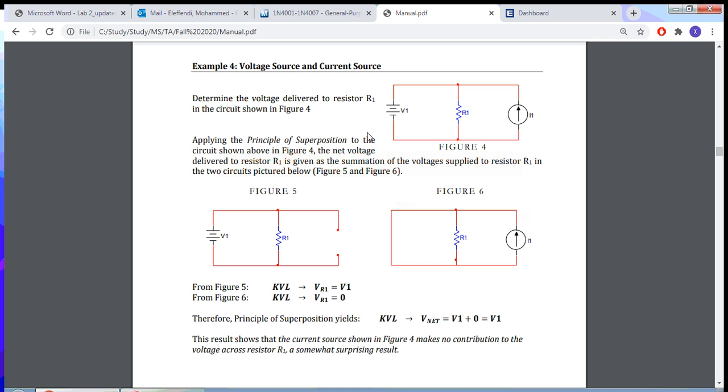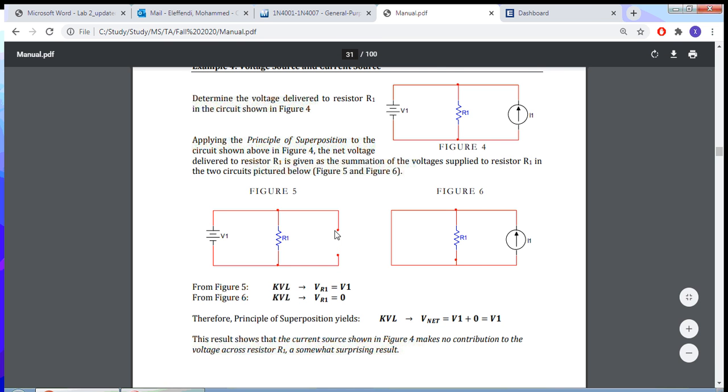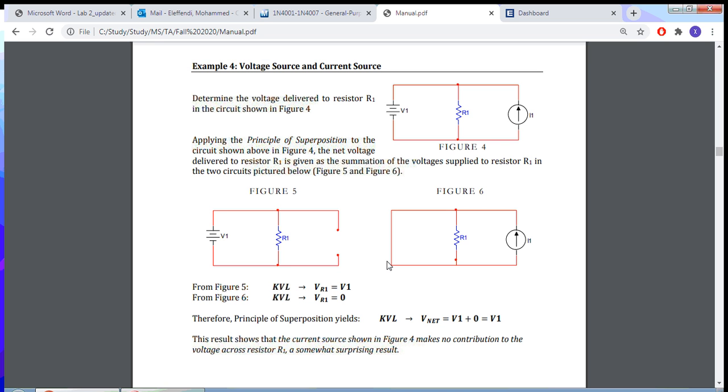So if I were to analyze this circuit using the superposition principle, first we start by zeroing out each source individually. So first, let's start by zeroing out the current source, and it's important to note that to zero out a current source, or to kill a current source, we replace it with an open circuit, just like that, and to zero out a voltage source, we replace it with a short circuit. So after I have